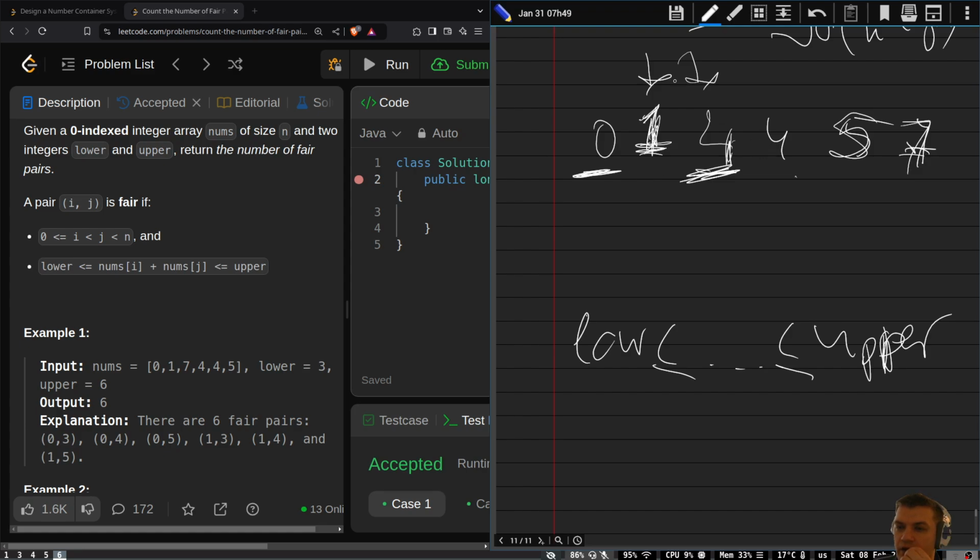And then I move the right pointer. Let's say I have this right pointer. I move it until this number plus the number under the right pointer is less or equal upper. So 0 plus 1 less or equal upper, yes. 0 plus 4 is less than or equal upper, yes. I move it